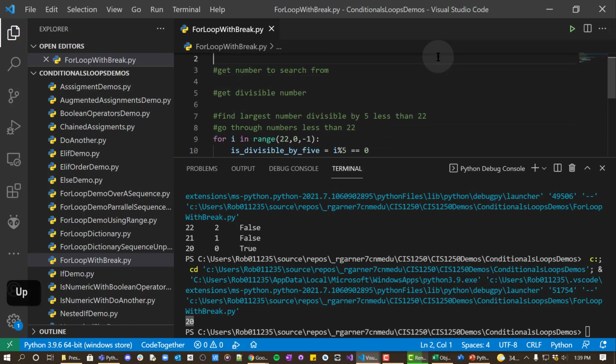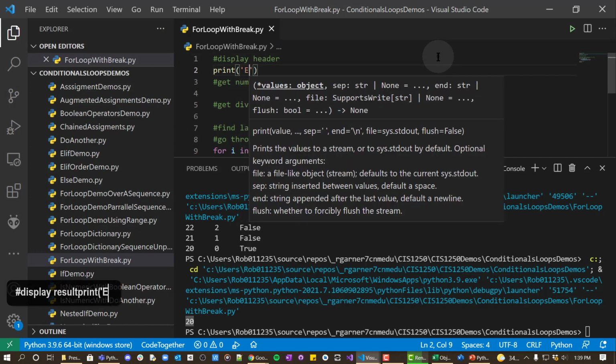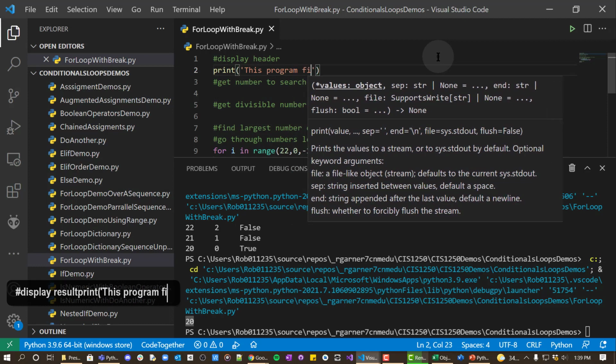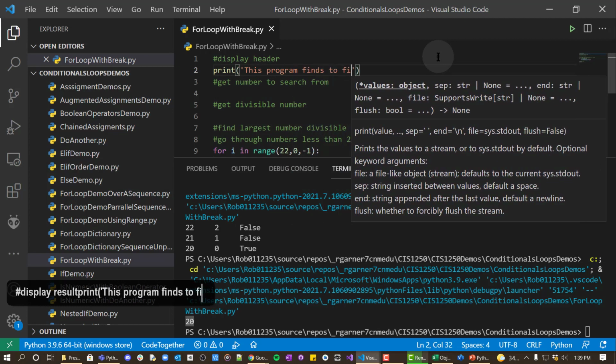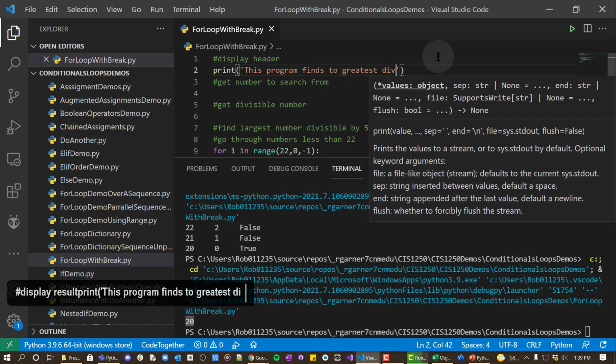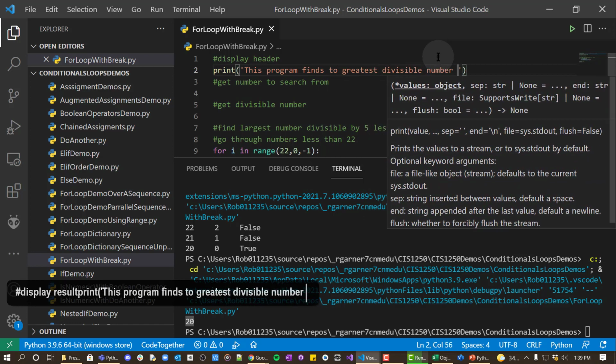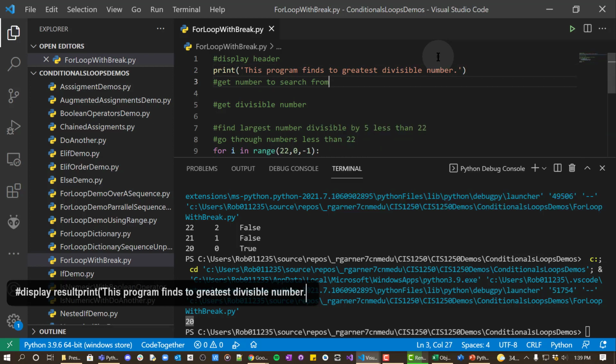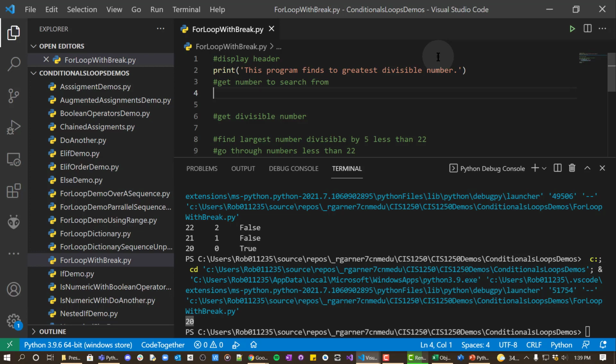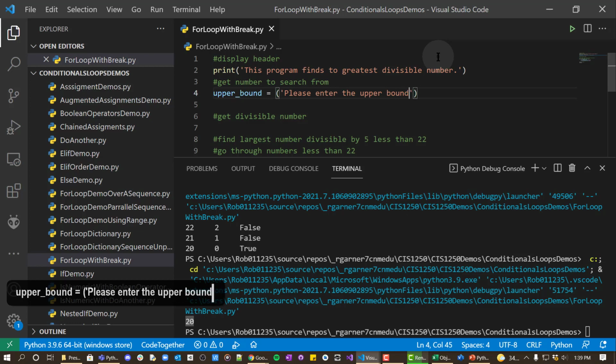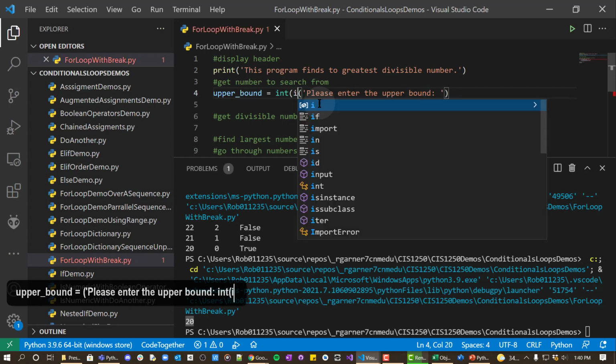We say our header will be print, "This program finds the greatest divisible number," and then what we do is we say upper bound is equal to, "Please enter the upper bound," and we're going to make this an integer and an input,